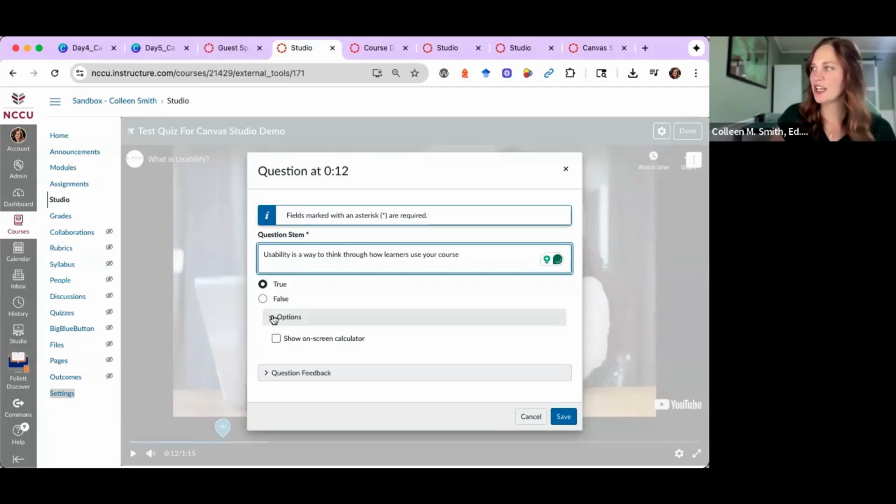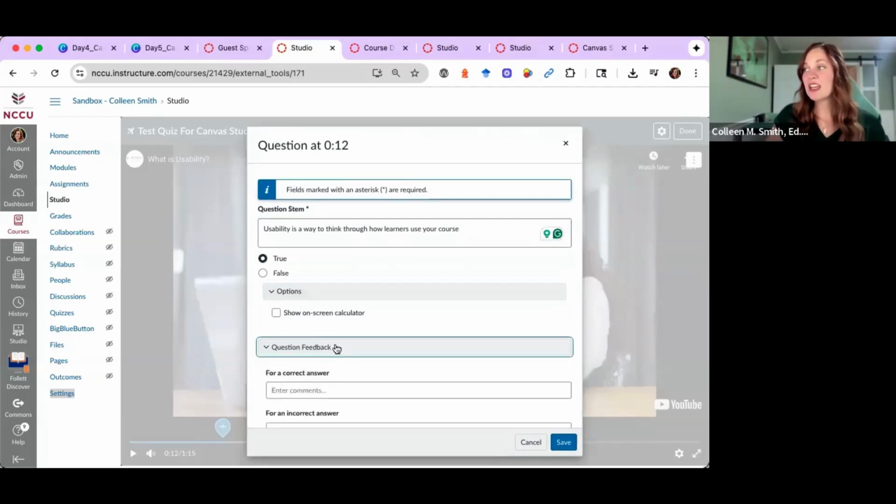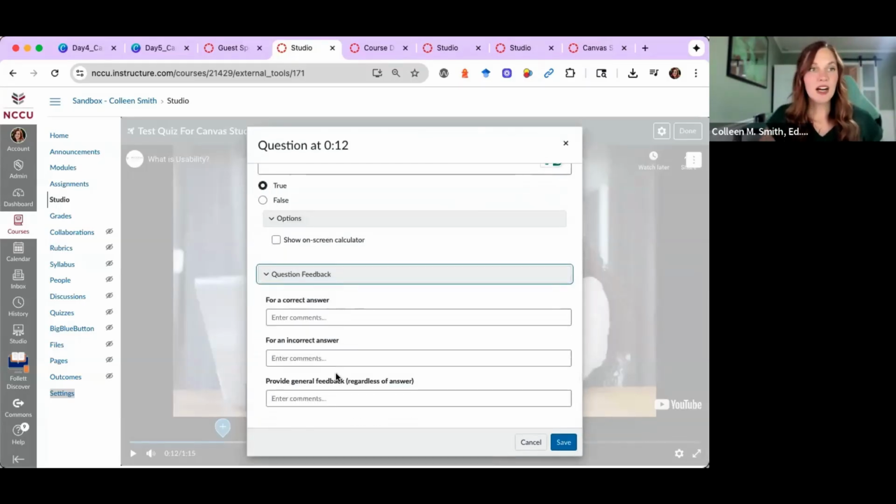And you can show an on-screen calculator. You can give question feedback. So my recommendation as an instructional designer, if you are using this as a formative type of quiz or formative assignment for your students in order to learn concepts and apply it later on, please do give question feedback. That is very important for students to learn to get that constant feedback for themselves. And it also saves you time where you don't have to give them feedback, but it comes to them instantaneously